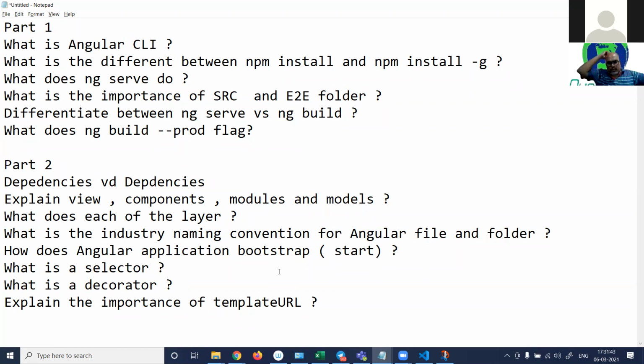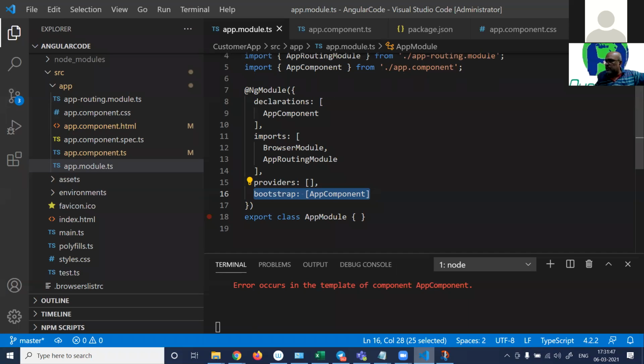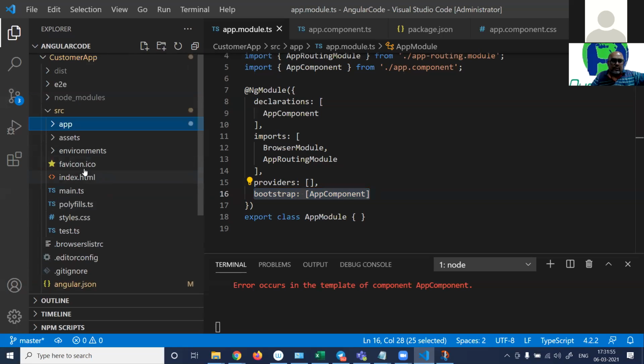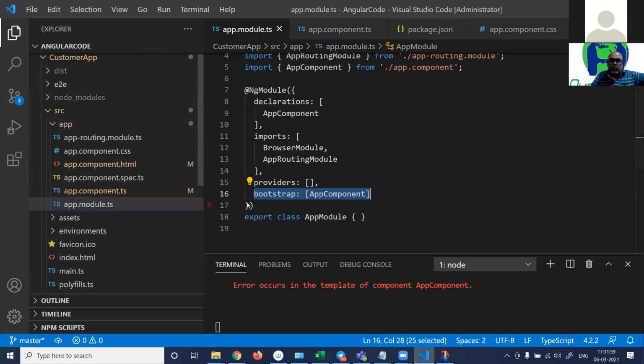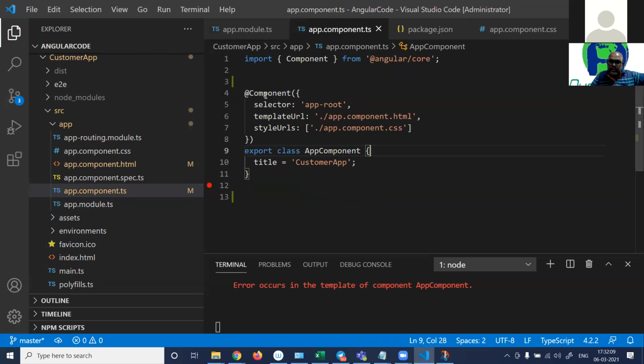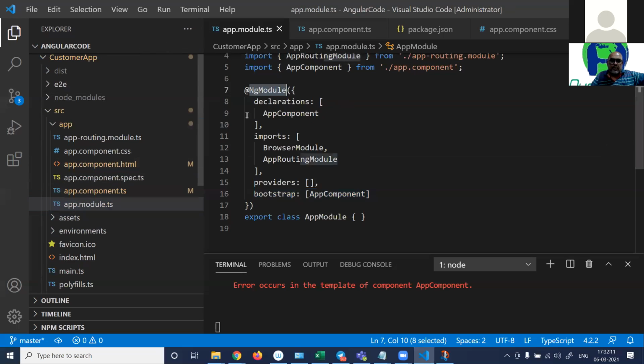So guys, tomorrow we will again continue with Angular as decided. Let us do 2 days in a week at least. Remember that the syllabus is very, very vast. So let's try to see that we can do some more. We can give some more time. Tomorrow we will look into this module decorator. What exactly is this module decorator, right? You can see this is again a decorator. @ sign is a decorator. @ sign, this is a component decorator. This is a module decorator.